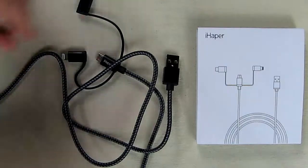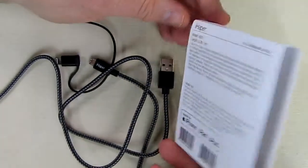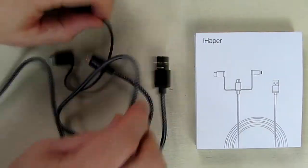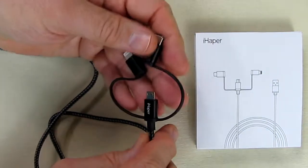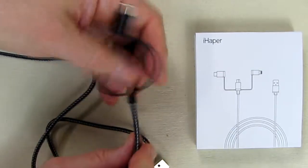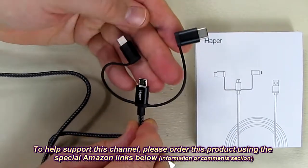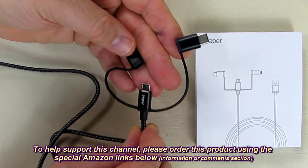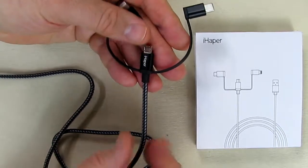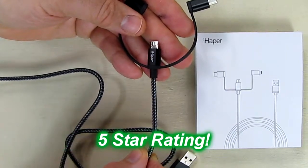So what are my overall thoughts and feelings about the iHapper model number A001, the 1 meter long cable that has all the 3 connectors that you're going to ever need with USB. I like this cable. It feels very durable, and I tested it for data, tested it for charging, and my rapid charge function on my Android phone worked as expected. So I like this product. I think you're going to be impressed with it too, and I'm going to give it a full 5-star rating